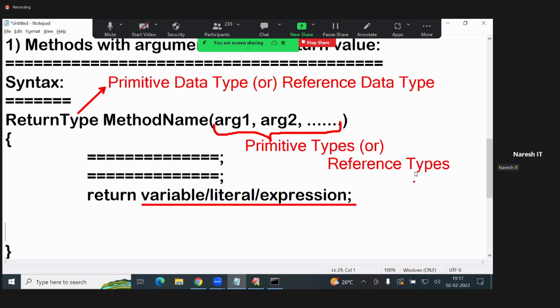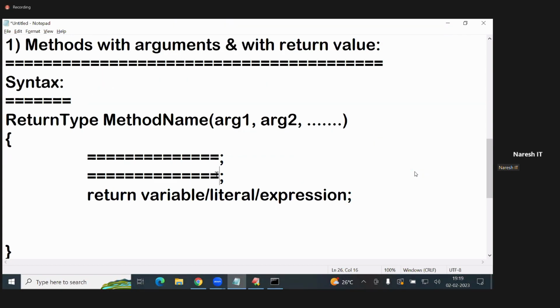Arrays, strings, classes, interfaces, and so on. Arrays also, strings also, classes, interfaces, many things are possible. We'll study further. Records also, sealed classes also, enumerations also, many things are possible. Now, first, according to our task, we have